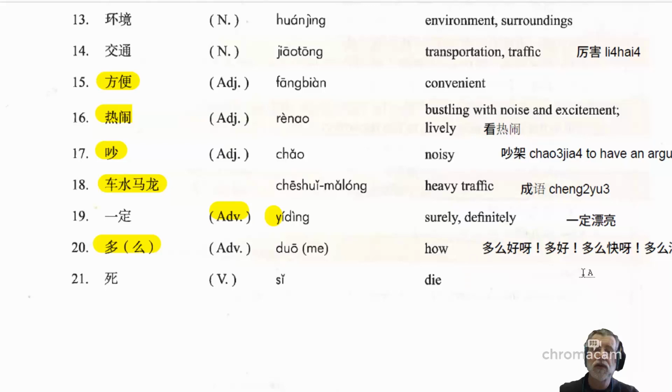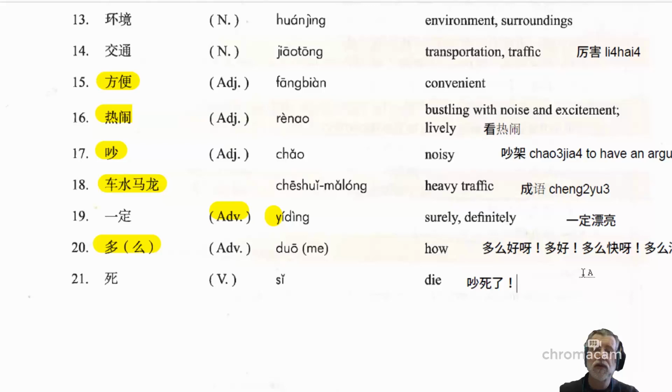However, as we'll see in the dialogues for this lesson, it can actually be used as a way of expressing degree in terms of adjectives. So when we're describing the characteristic of something and we want to talk about the degree to which that thing possesses that characteristic, we can use 死 to achieve that. So for example, we just learned the word 吵, which we said meant noisy. So if it's extremely noisy, you can describe the situation as 吵死了. That's very commonly used, meaning that it's extremely noisy.